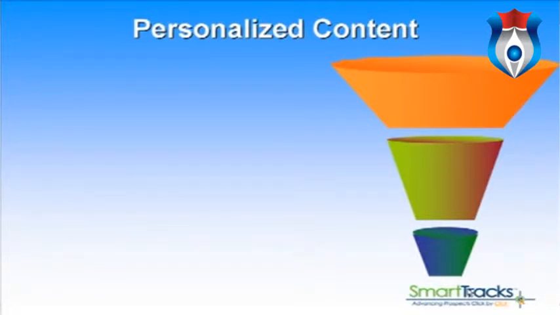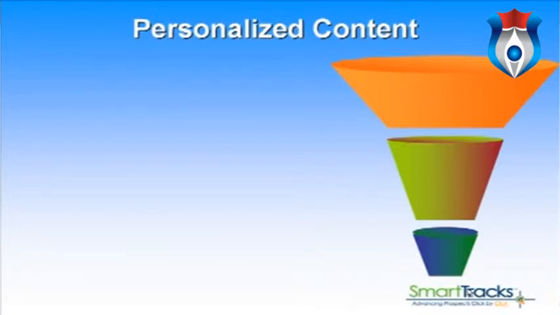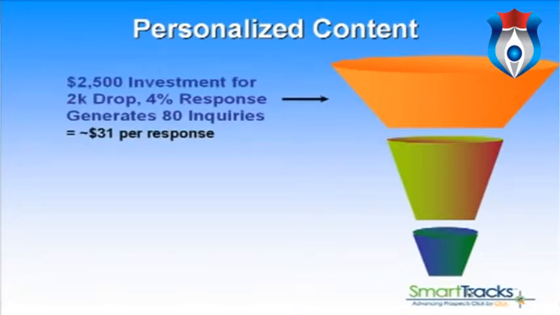Just as before, our overall budget is $3,500, but we're going to implement a two-phase program. The first phase for our early touch will be personalized content. So we're going to create some highly segmented touches that really are personalized with the prospect's name and any other information that we've gathered in our marketing database. Now, differently in this program, because we're going to have two touches, the second touch will be nurturing. So we're going to only put $2,500 of our $3,500 budget into this, and that would result in about a